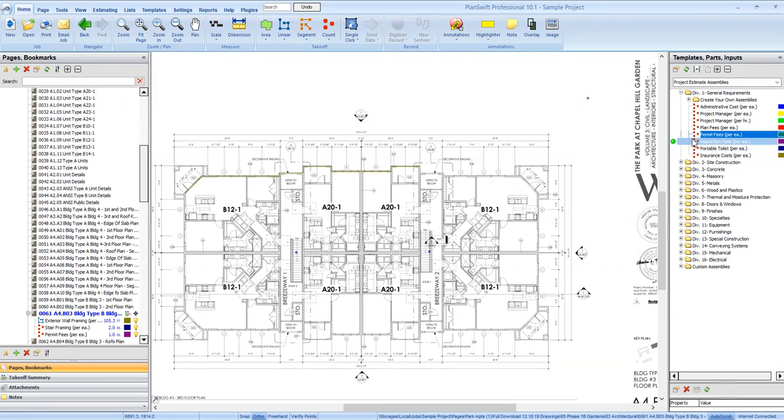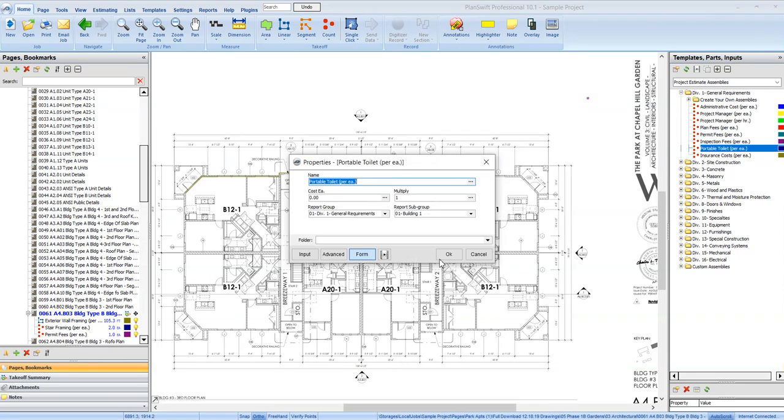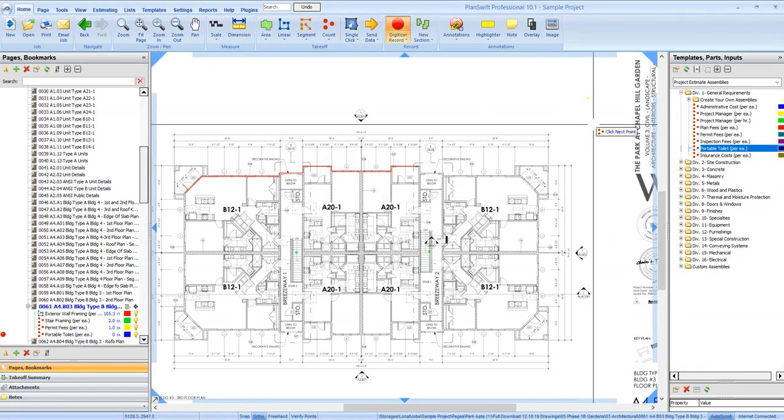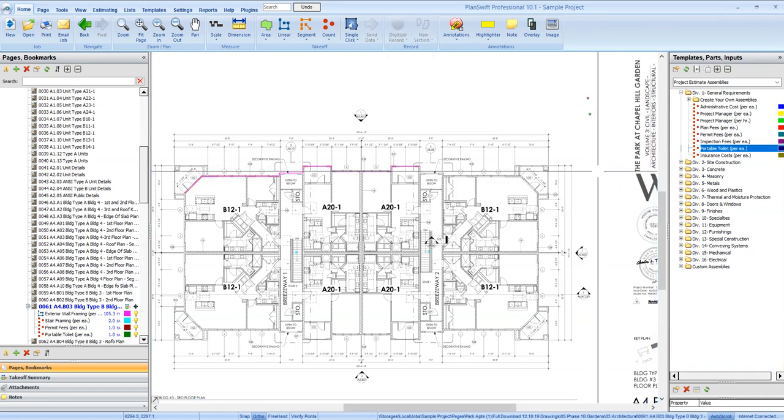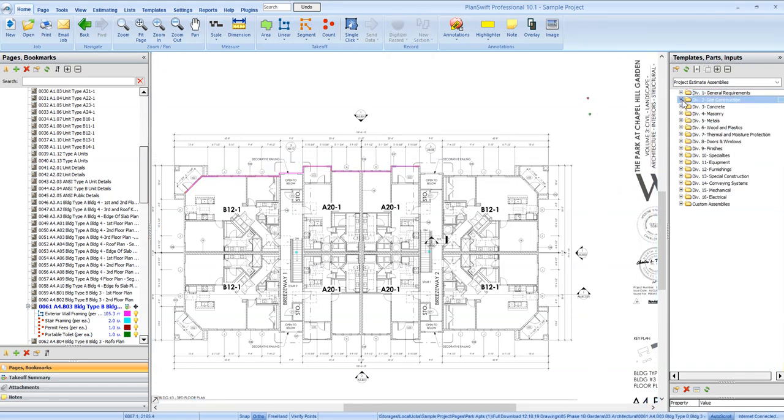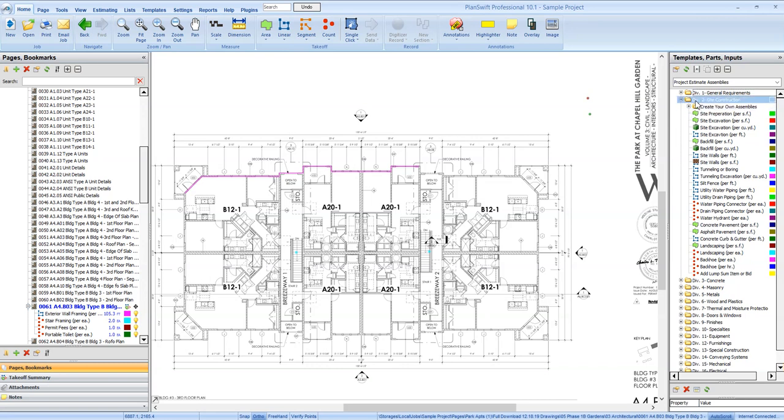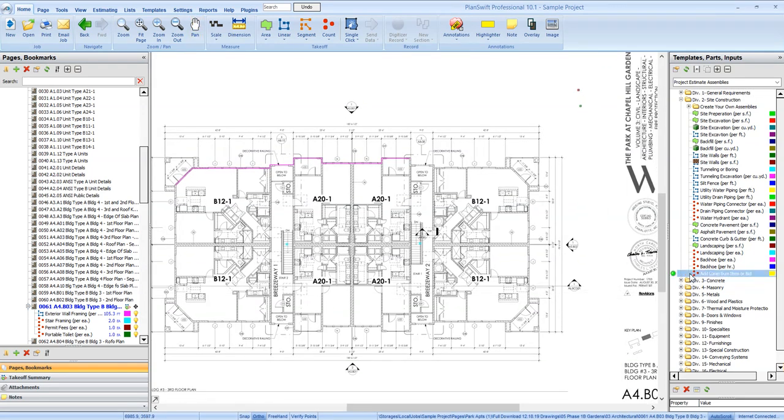So let's say we added permit fees. Let's add a portable toilet for the duration of the project. We'll say that's $1,000. Click OK, and again, just click somewhere on the page. And then also another thing that you'll notice is for each division we have an add lump sum item or bid. So this plugin allows you to add any type of cost that you need to the project, whether you self-perform the work, or whether a lot of companies will self-perform a percentage of the work and then subcontract